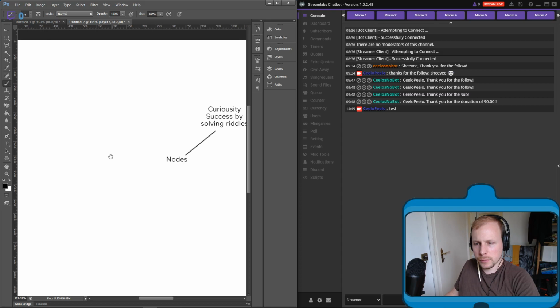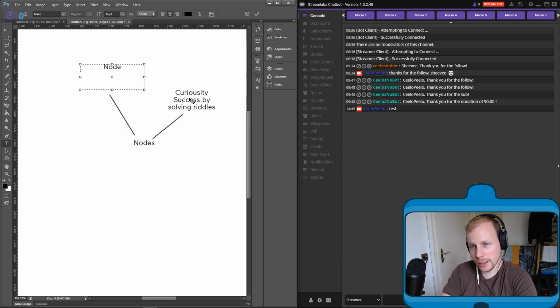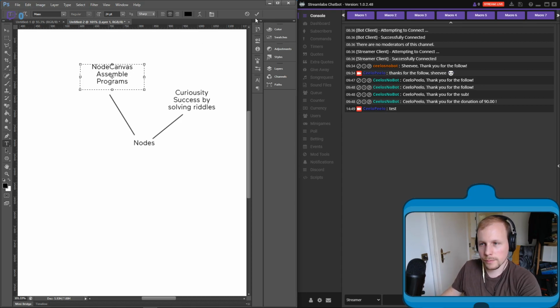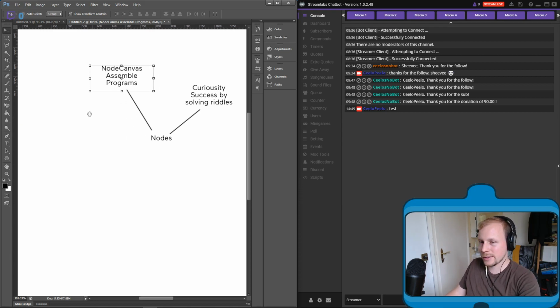What does the player do? The player has a node canvas where he can visually assemble little programs. Those programs can be literally anything between letting something move, letting something behave, react,